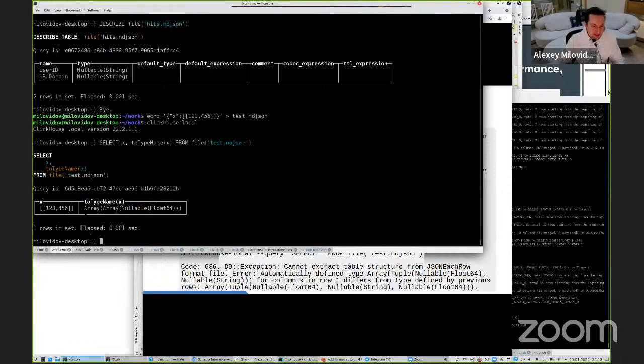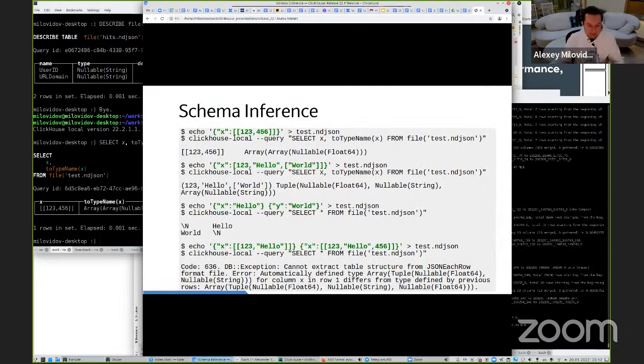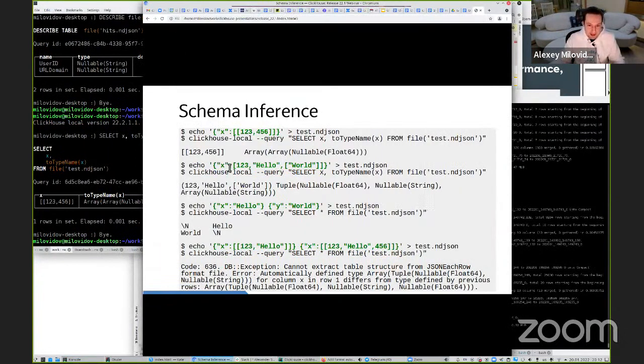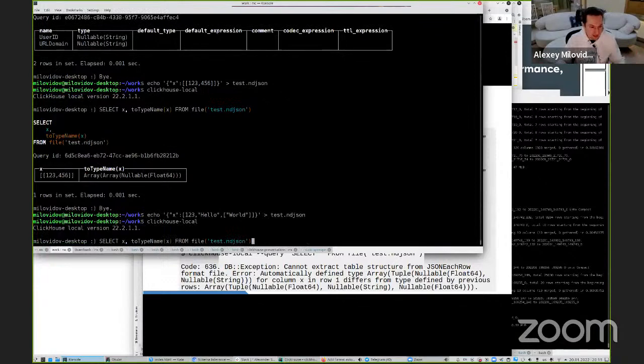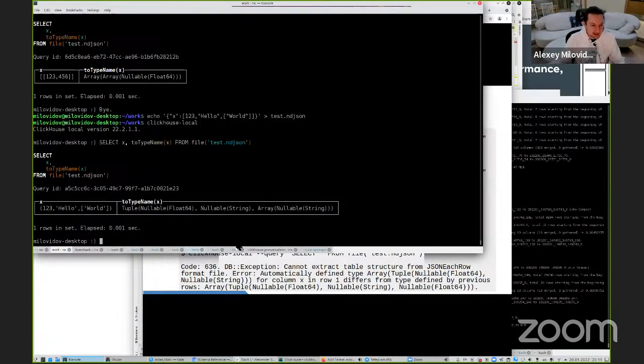The type is correctly inferred as array of nullable of floating point 64. The next example is more tricky. We have an array of different types: integer, string, and another array of string. What type will be inferred? Let me check. Now it is inferred as tuple.